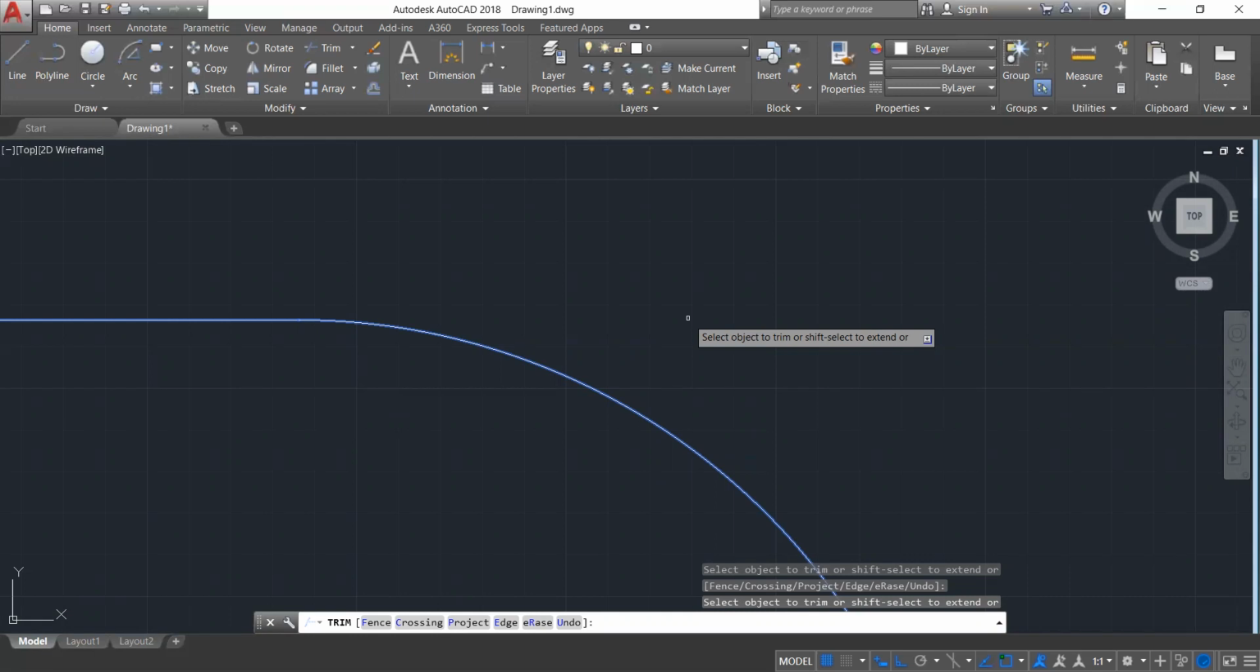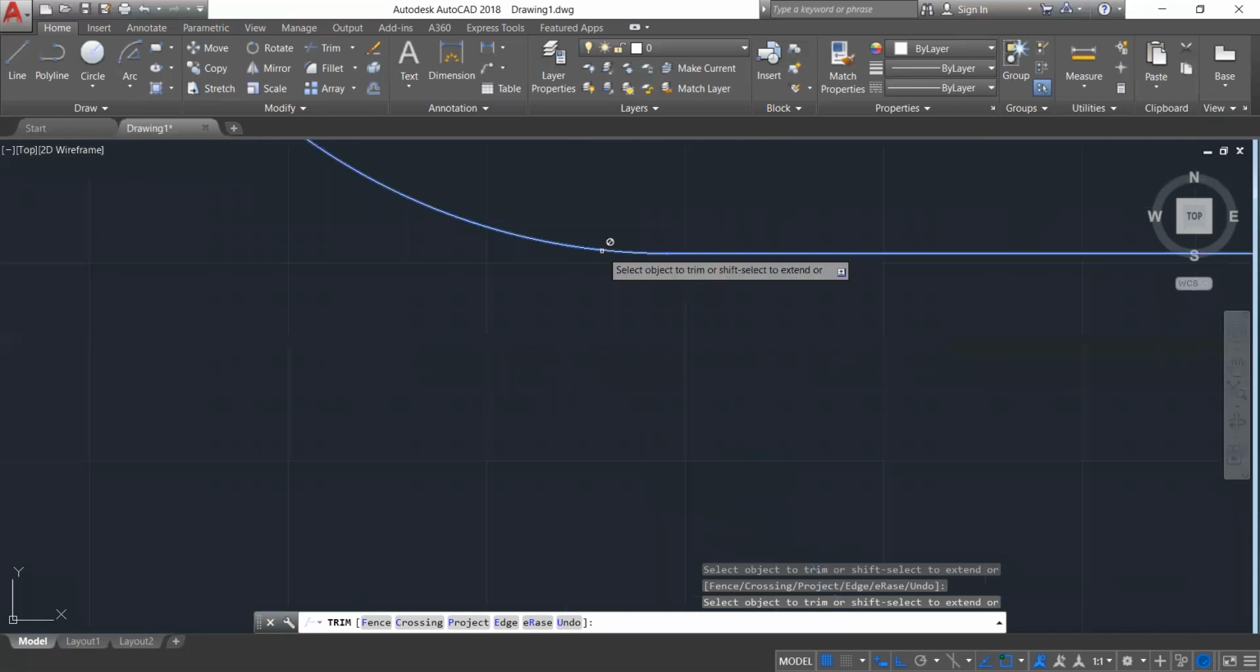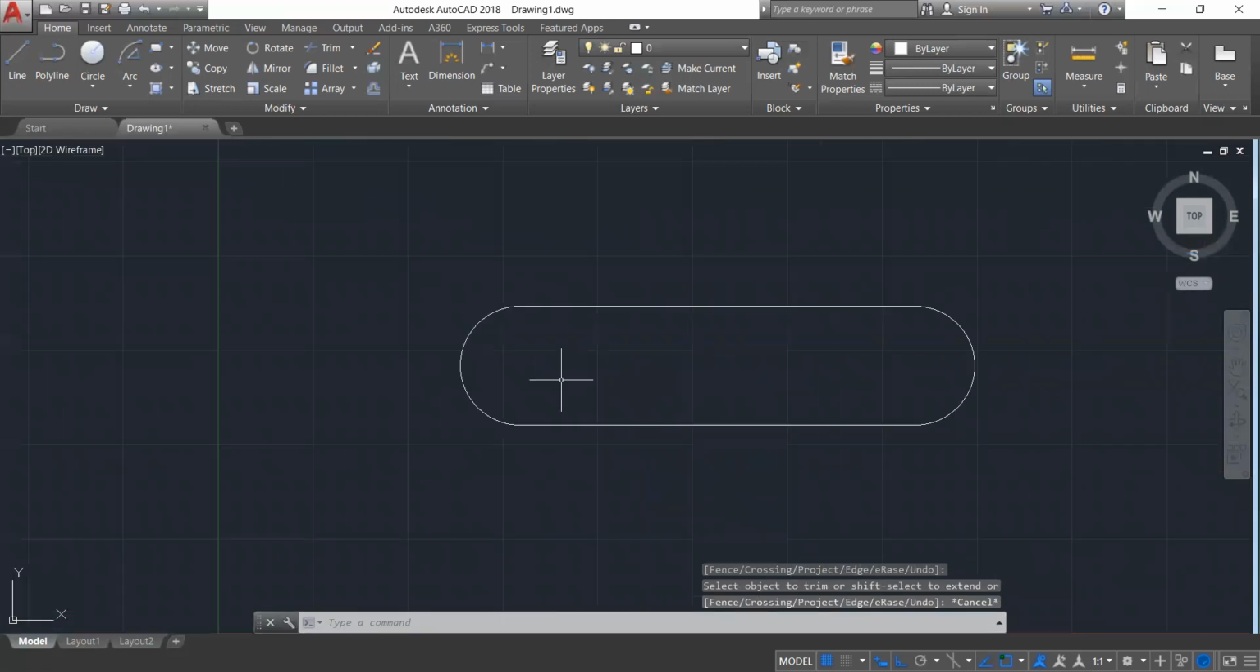When you see that it is bringing this instead of the other crossing, it means you've reached where you can no longer trim because it is just a single object. There is no other object cutting it, so you just have to delete it. If I select this, there's no other object cutting through it. Right? If I put a line